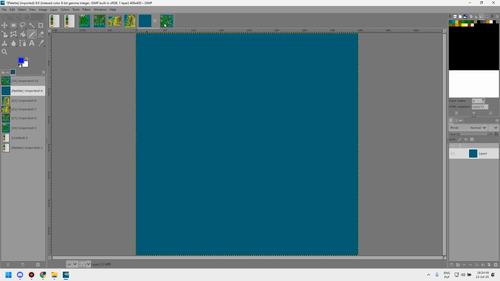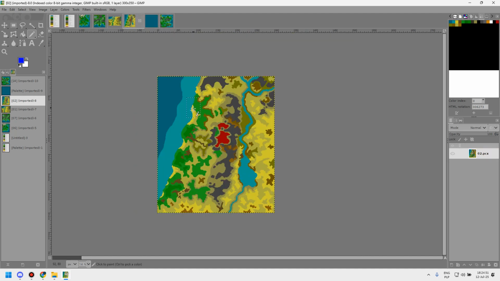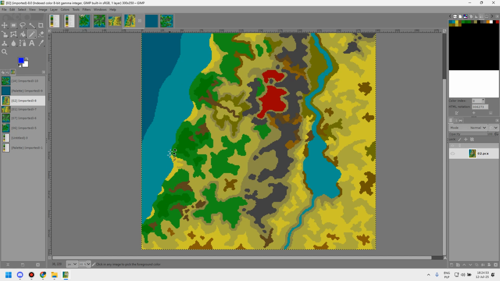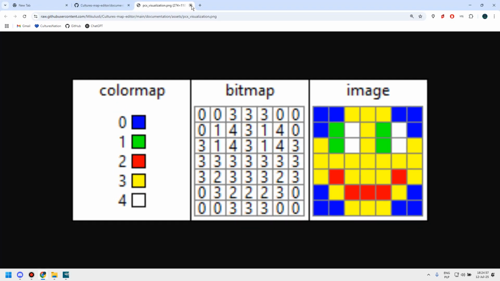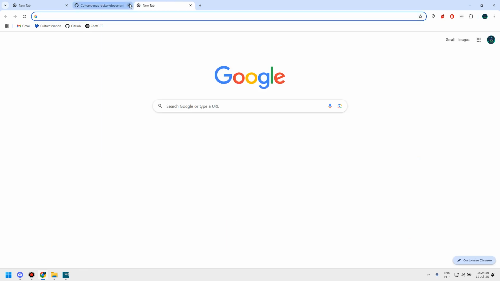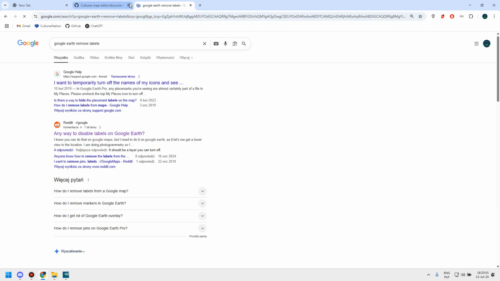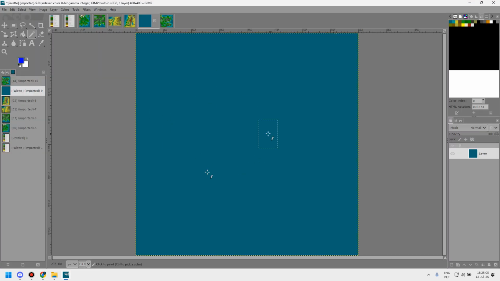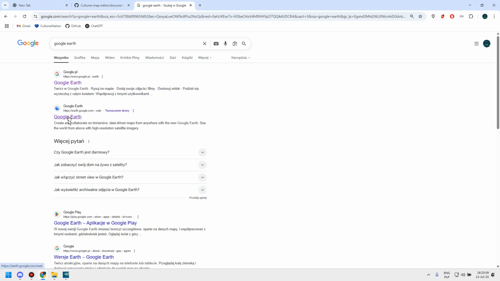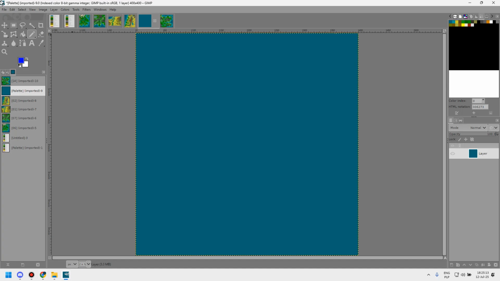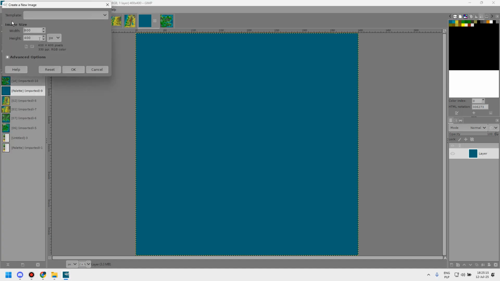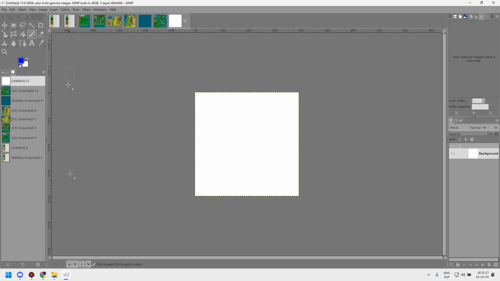So what I like to do when I need to draw this jagged pattern like here is to use Google Earth for context. So I'm going to launch it. Then you can place a Google Earth image here and work on the edge of the terrain there. Also, one thing we can do is to create an